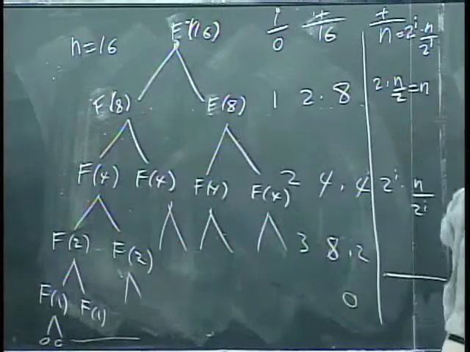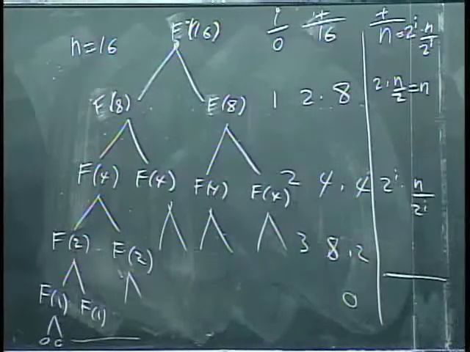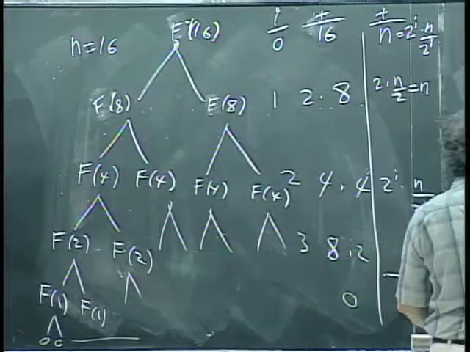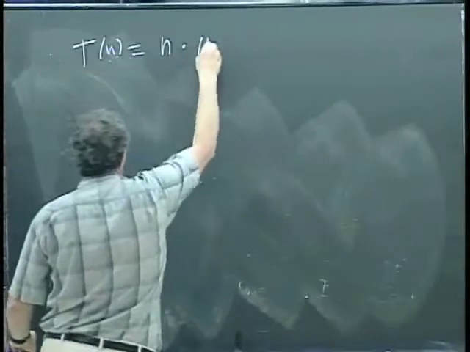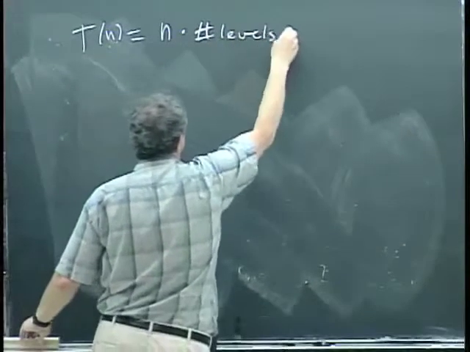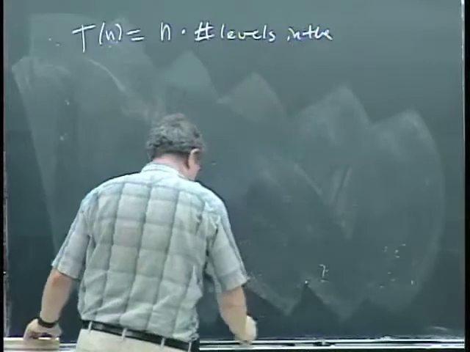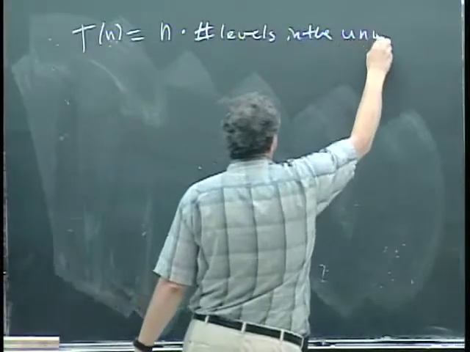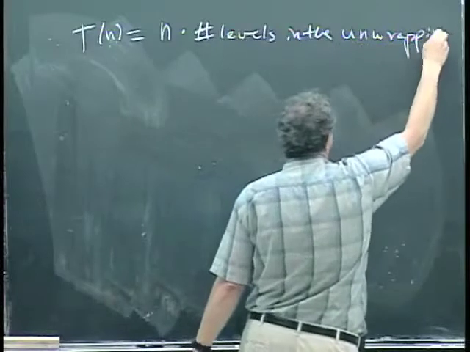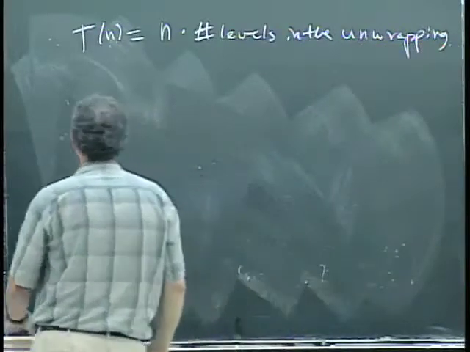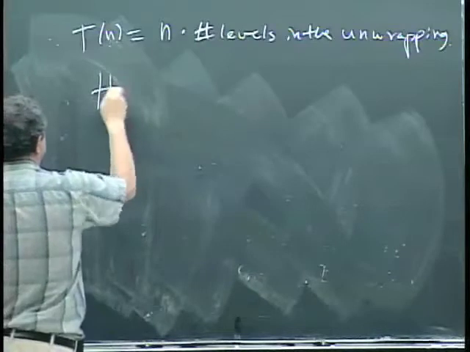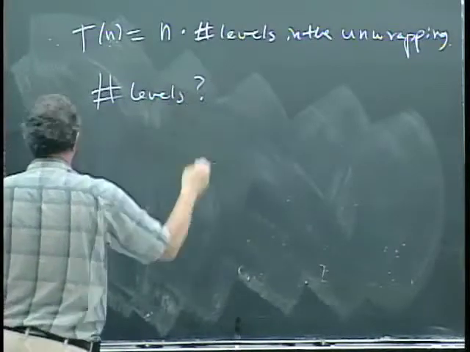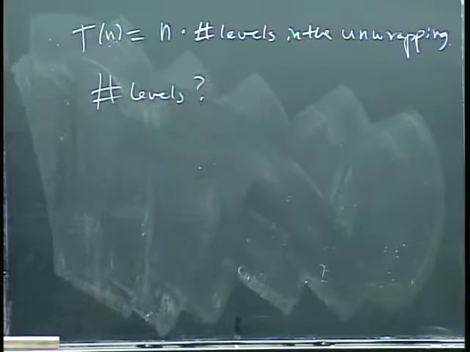So the total, T of n, is equal to n times the number of levels in the unwrapping. And how many levels do we have? Well, what we know about the number of levels is that 2 to the number of levels